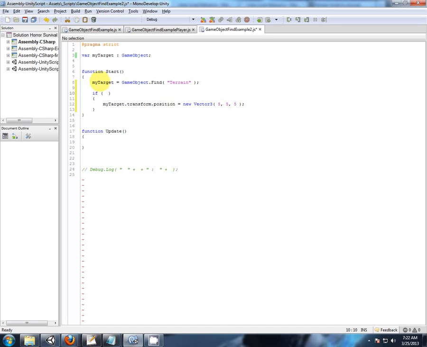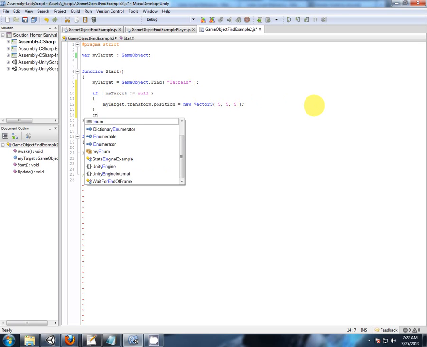As I said, we're storing a reference in a variable, but if we don't have it, it is called null. So if myTarget is equal to, beg your pardon, we're checking if something exists. We have a variable and we want to check if that is assigned. So we want to check if it's not equal to null. If we found our target, that means it's not a null. So if we have a target, let's set its transform position. And just so I can prove a point, we can say else,